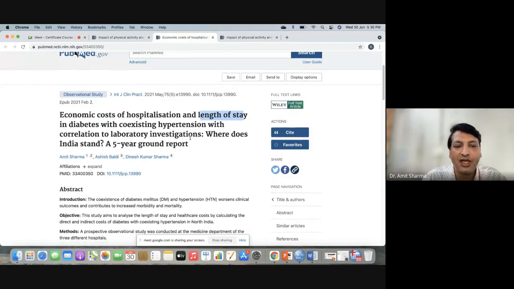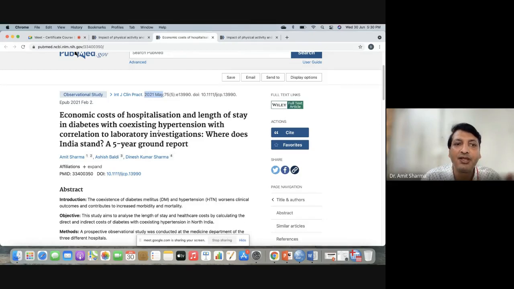So you can see how to switch from one model to another model and how you can compare. These two different papers were published in the same journal, the International Journal of Clinical Practice. One paper I published in March 2021 and the second in May 2021.